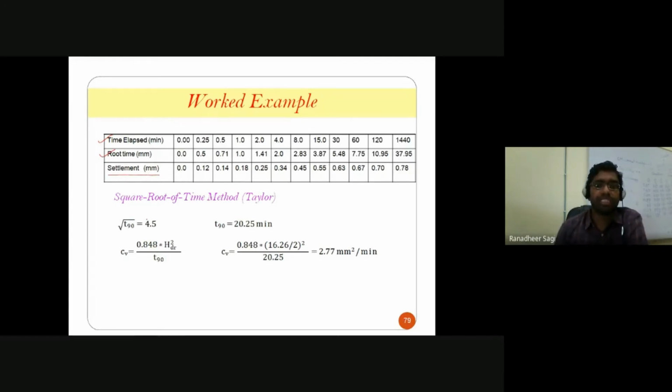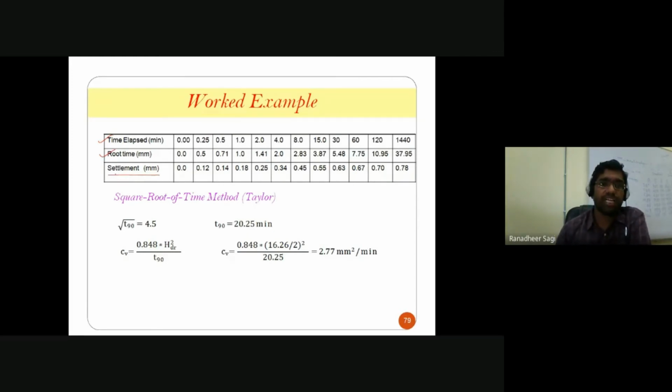I repeat, how much settlement happened to take place in your soil sample? What is the settlement that took place in your soil sample at time t equal to 0? Just when your load increment is applied, we say the settlement subsequently happening is 0. As time increases, at t greater than 0 seconds or 0th minute, we are subsequently coming across the settlement that is happening in your soil sample.